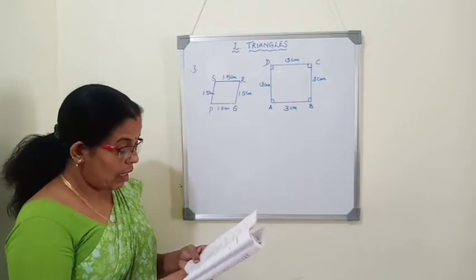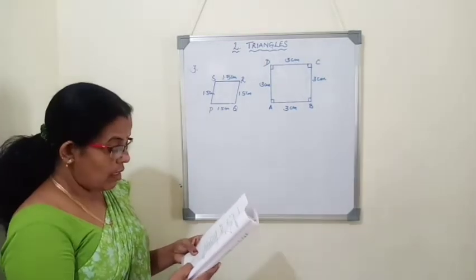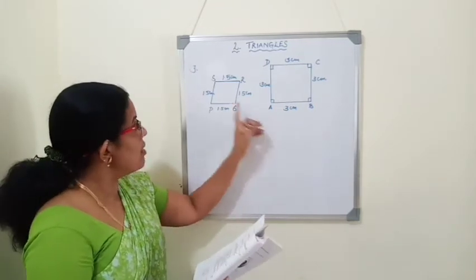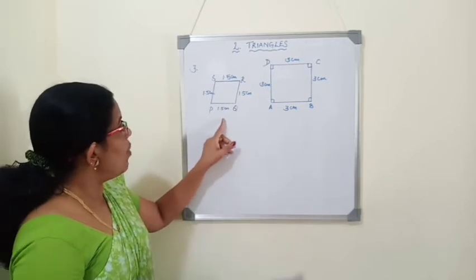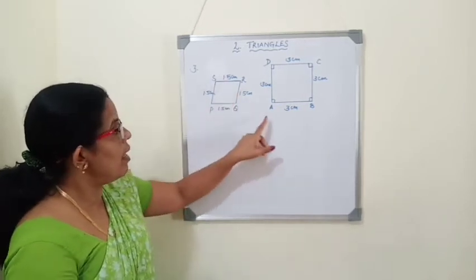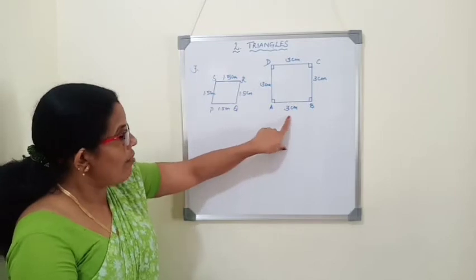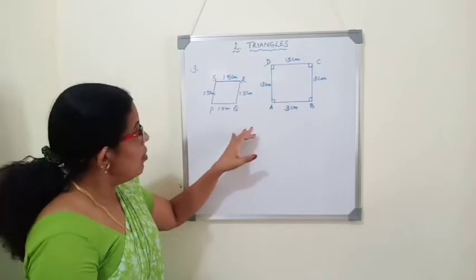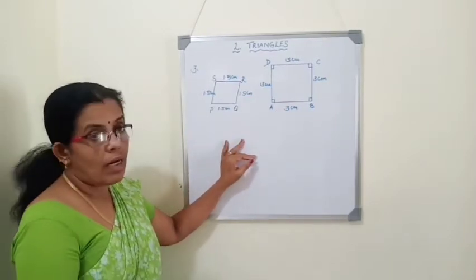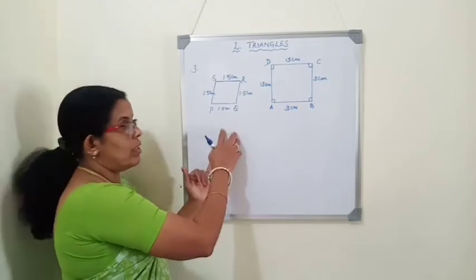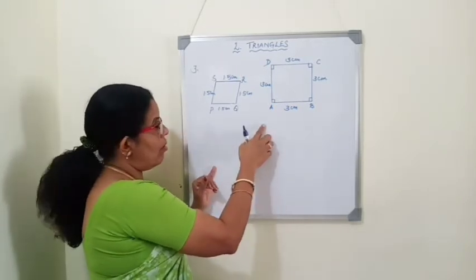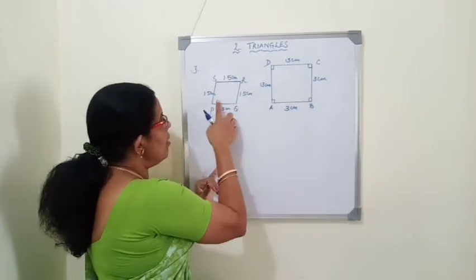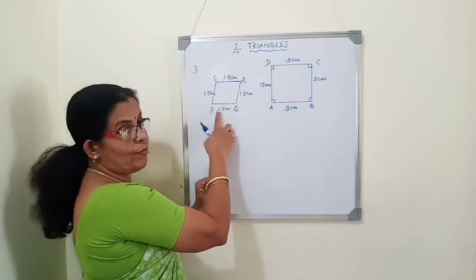Third question is, state whether the following quadrilaterals are similar or not. So they have given two diagrams. There are two quadrilaterals having four sides. The first one is PQRS having sides 1.5 cm and the next one ABCD having all the four sides equal and angles are 90. That means it's a square. So check whether these two quadrilaterals are similar or not. How can we check whether the two quadrilaterals are similar or not? We have to check their angles, whether angles are equal. Here all the four angles are 90 degree, but here it is not 90 degree. We can make out from the diagram.